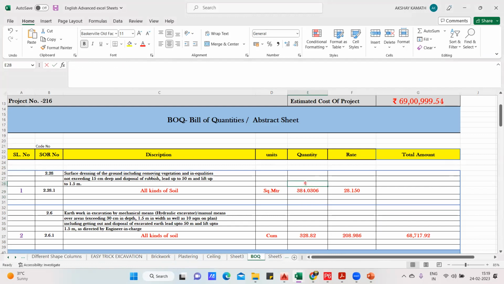Or even you can write 384 here. I'll write 384, and I'll also write the rate. I'll tell you how it has to be done. I'll write 28.15. Now the amount will be what? Just multiply both. Rate multiplied by quantity will give me the amount. So the contractor is going to charge you around 10,809 rupees if he wants to do the site clearance